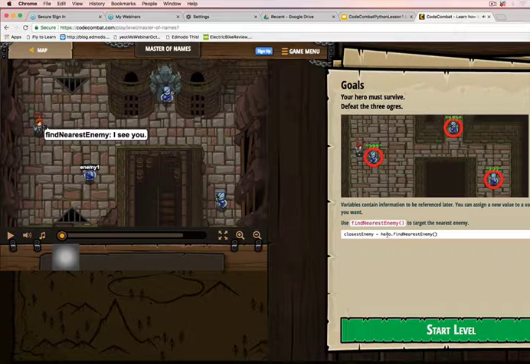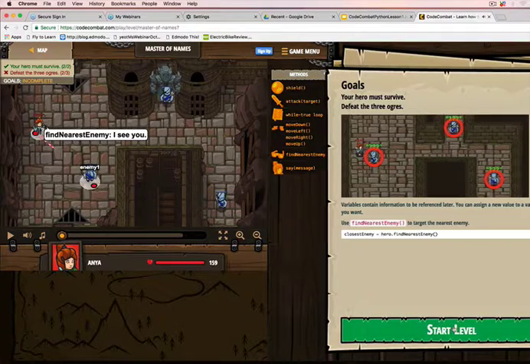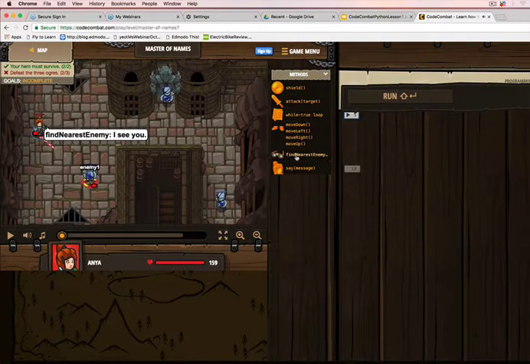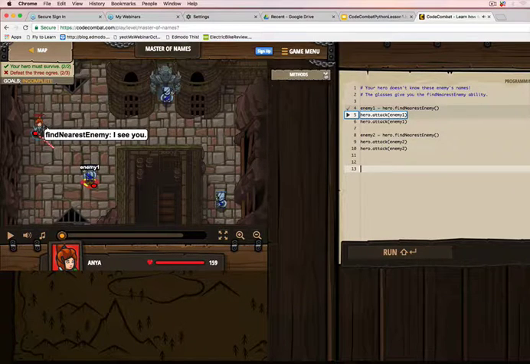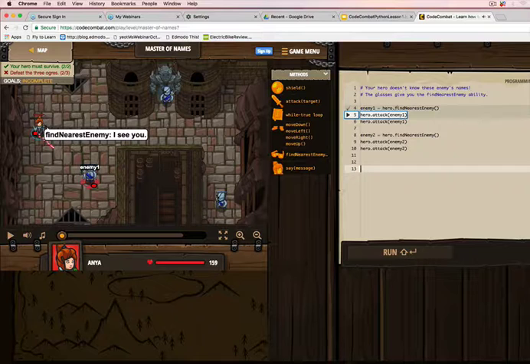Hero is your guy. Find the nearest enemy. All right. So we're going to use some methods. So enemy 1, hero, find the nearest enemy, attack the enemy. Enemy 2, find the nearest enemy, attack the enemy. So enemy 3